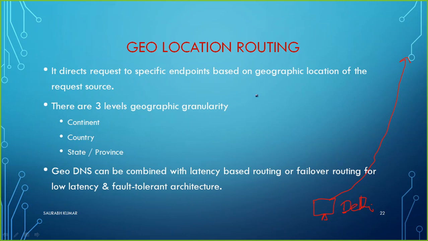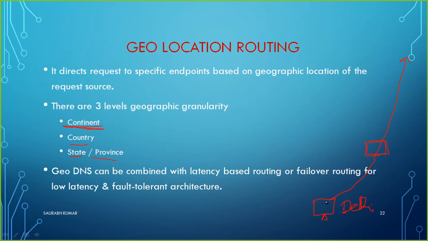What this geolocation routing policy does is, when you send the request www.google.com, your nearest DNS server checks where this request is coming from, which continent. Is it coming from Asia? Is it coming from Australia? Is it coming from America? Which continent is it coming from? Then in that continent, which country is it coming from? And then in that country, which state or which area is it coming from.